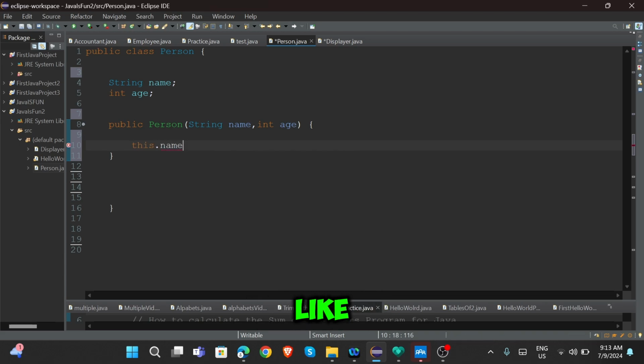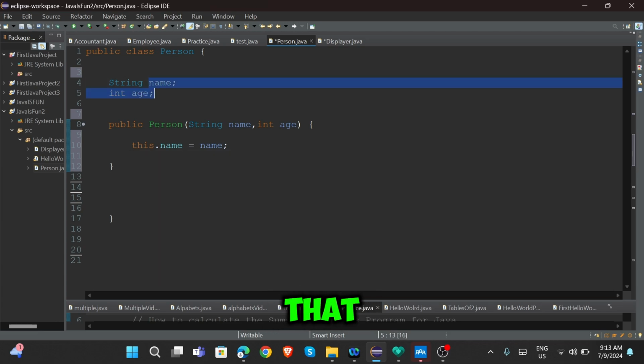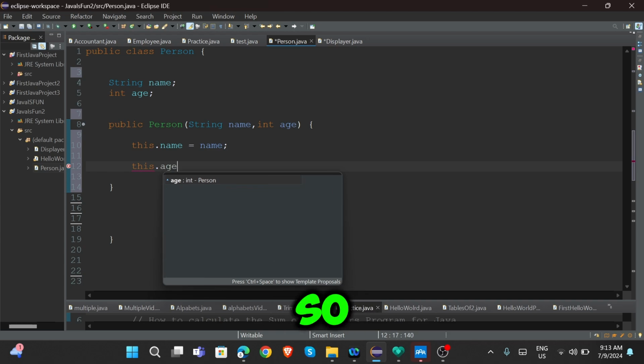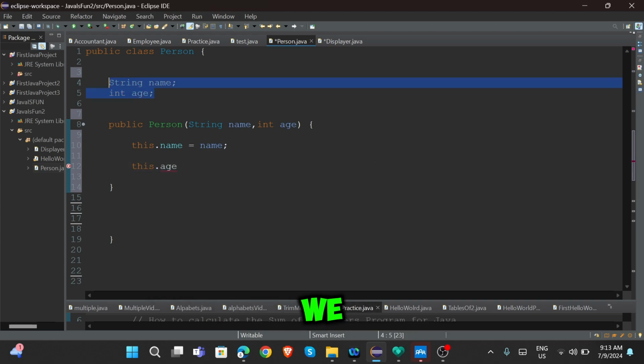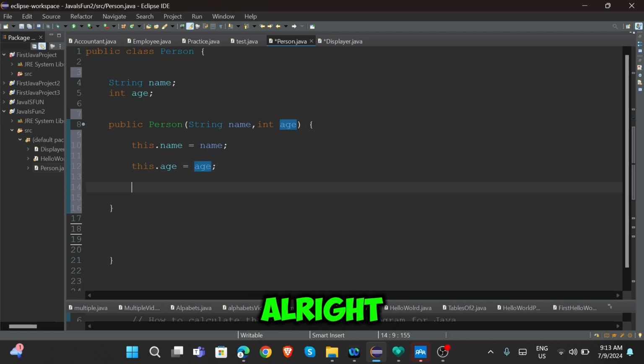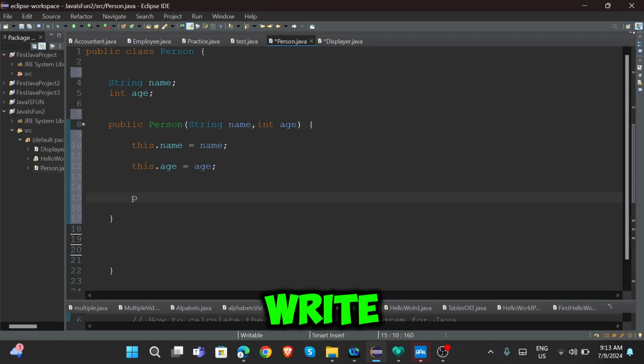Okay, now we're going to write this.name. So what does this.name equals name do? Basically, this.name tells Java that the name we created in the person class, in the constructor, is equal to name. And then we're going to do the same thing for the age. So this age that we created here is equal to the age from here. Alright, now we're going to write public